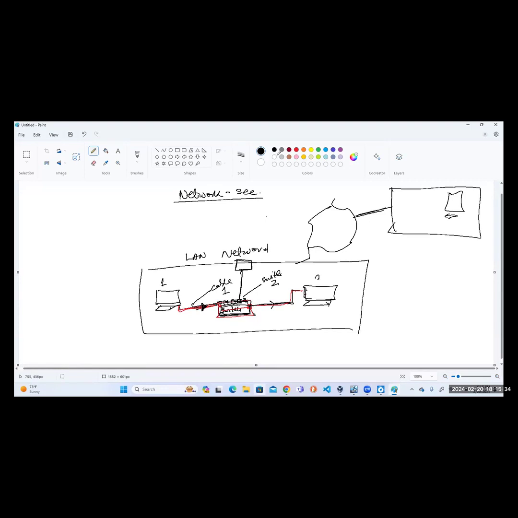At layer 2, what is the data called? Data being transmitted, what are they called when we are considering them at layer 2? We simply call them frames. All right. So the switch is going to say, I don't know where this frame is going. It's not going to computer 3. It's not going to computer 4. The destination address is not within this LAN. Therefore, it is going to forward it to